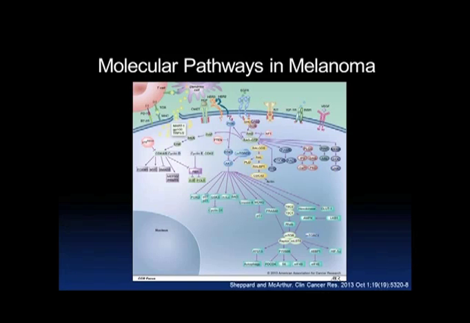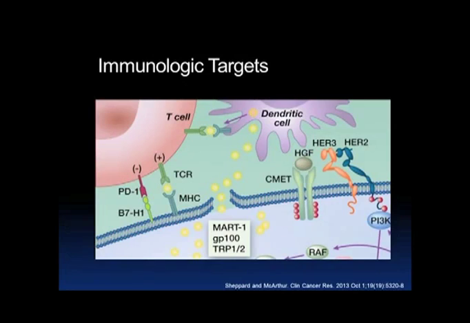Now, we talked, I'm going to make this easy. We talked about everything over here. Everything in this right lower portion we did talk about for the most part. Now, this is all within the melanoma cell itself. As you can see here, there's also the T cell and the dendritic cell, because there's an interaction with the immune system, which is actually pretty important in melanomas. And aside from targeting pathways within the melanoma cell, people have tried to actually target this particular area here as well recently. And in particular, PD-1 and